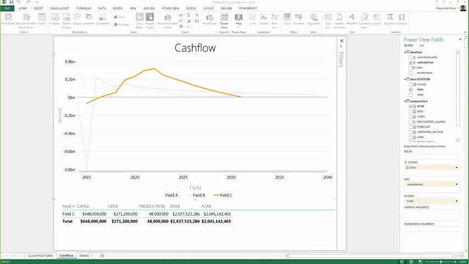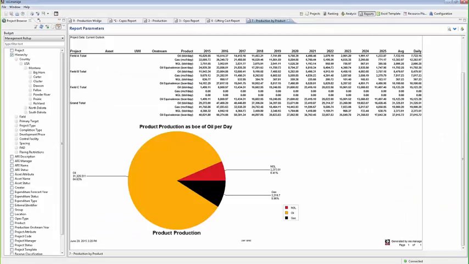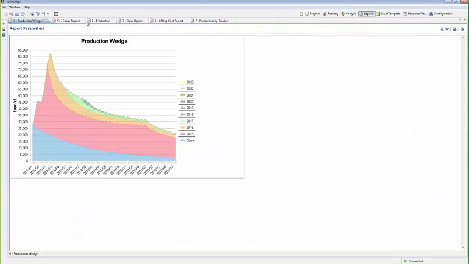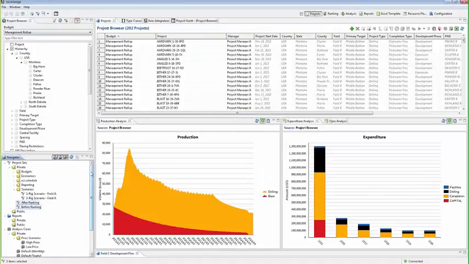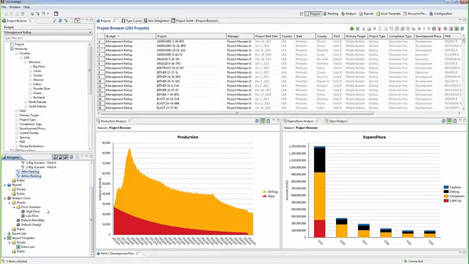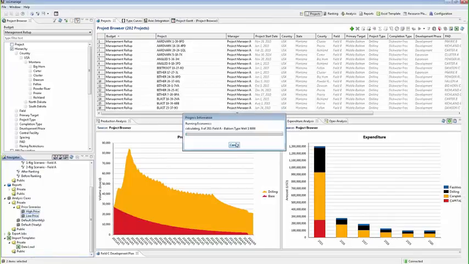Now, in many cases, many of our clients have different sensitivity scenarios. And one of the common ones is to run a scenario of a high price versus a low price. So allow me to show you how we can easily do that in esi.manage. If we go back to our projects perspective here, we have a price scenario. We have a high price and a low price scenario. So if I quickly go ahead and run that,